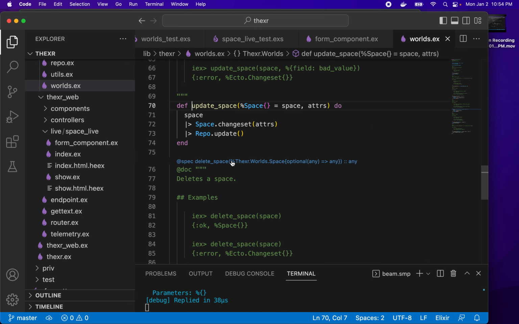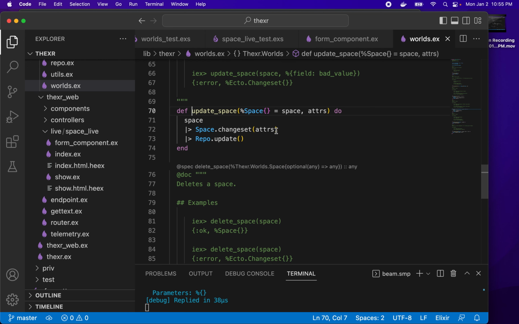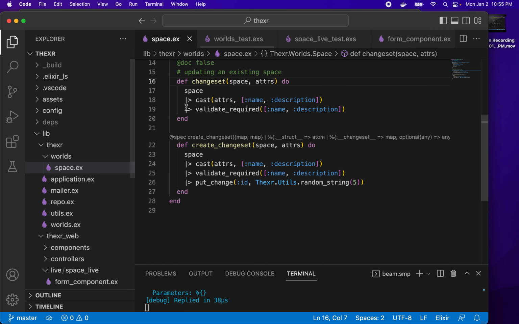And underneath the hood, they just call the space change set to do their, it returns some kind of struct which will have some validation. So let's just go in there and edit this. And here we can see that it's casting the two attributes that it allows. So this is like a whitelist. Name and description, and it will cast it into strings. But here it's going to throw an error on the struct if you don't have a description. So all we have to do is remove this,